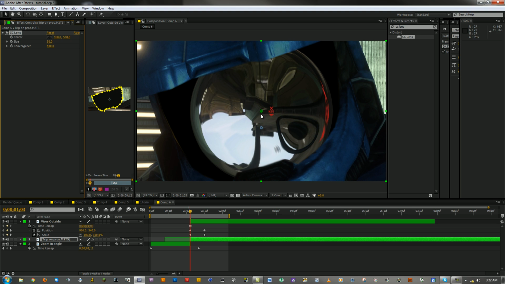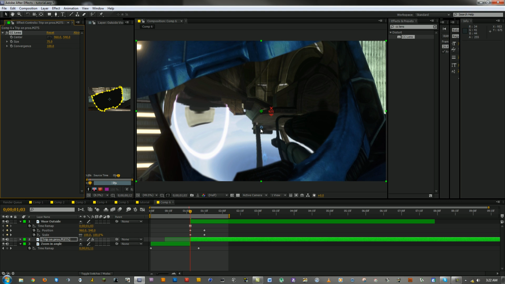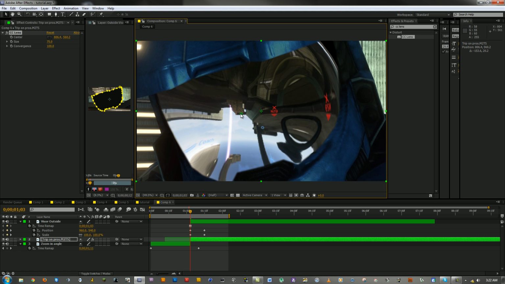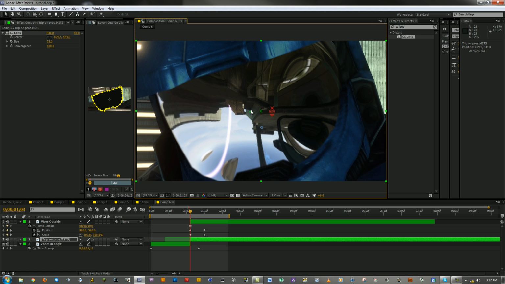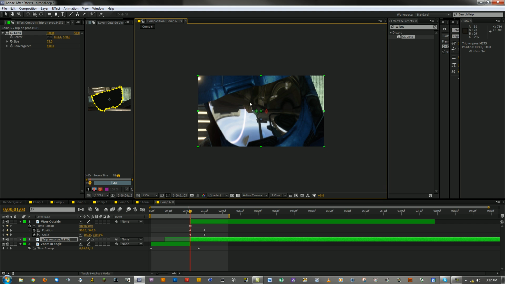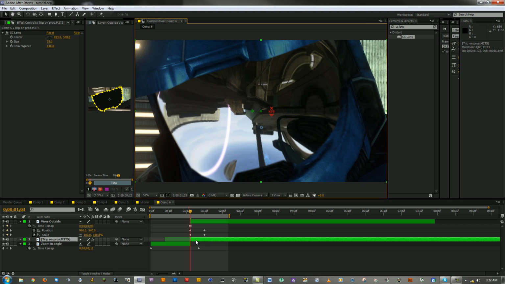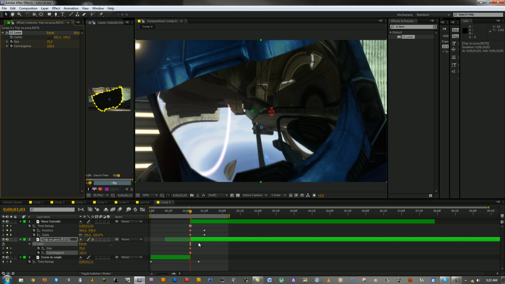Grab that and bring the size up to 75 exactly, and then just move this around to where it looks right, where those corners kind of give it the three-dimensional effect. Now we're going to be keyframing the size and convergence, so hit those keyframes. Now hit U so you can bring them up, and bring them about double the size